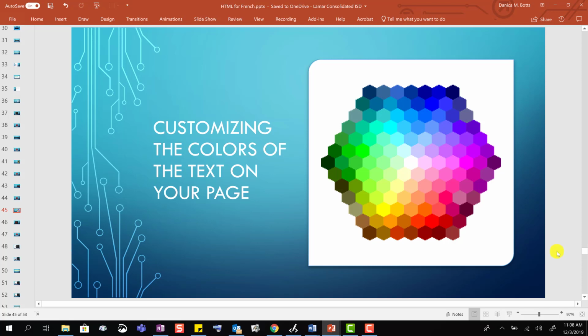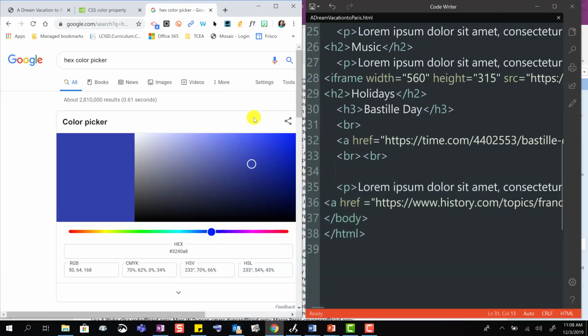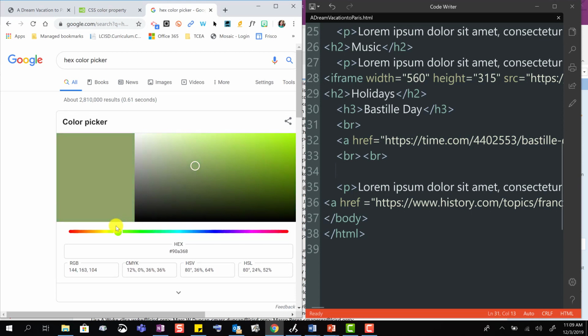In this video, we're going to walk through customizing the colors of the text on your page. So colors can be used to enhance your page. I'm going to use a hex color picker to find the exact color that I want. If I use this sliding bar here